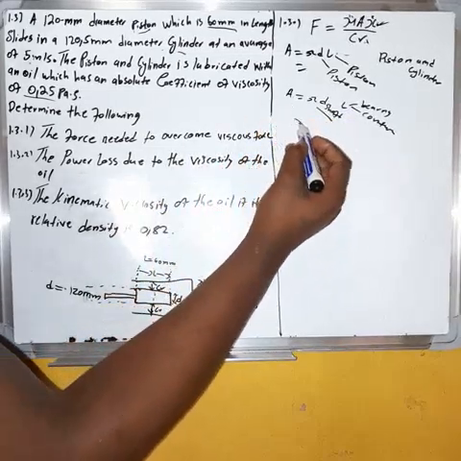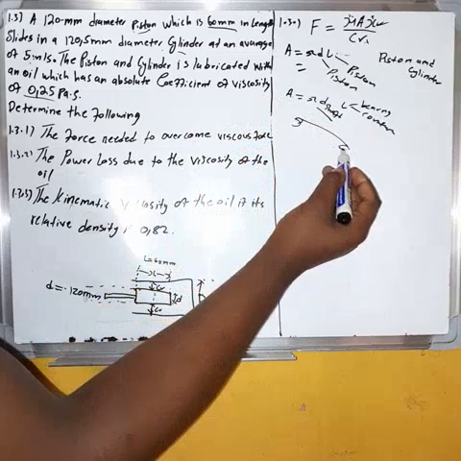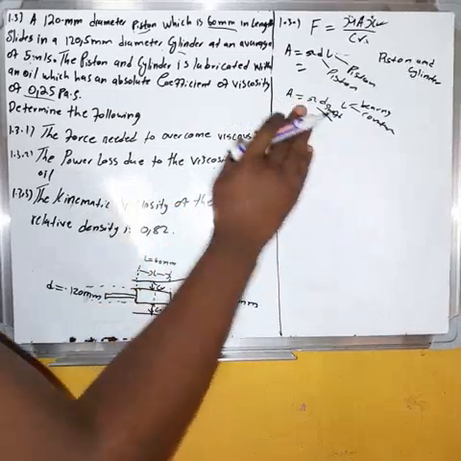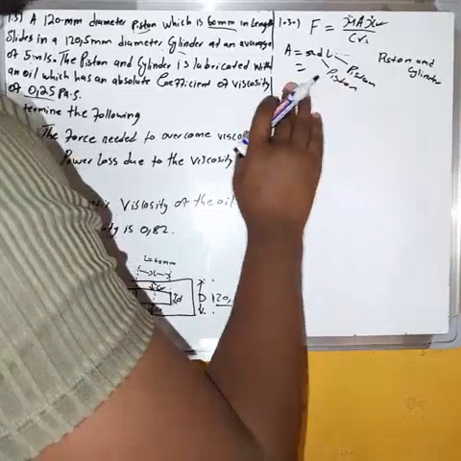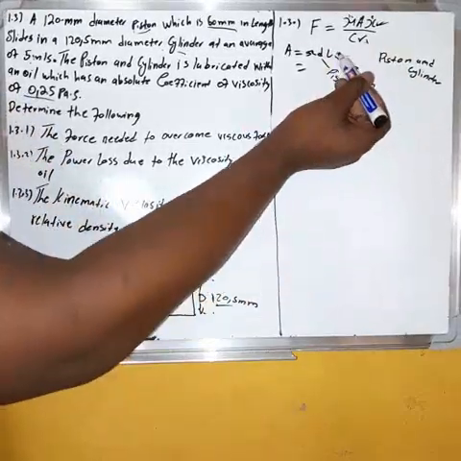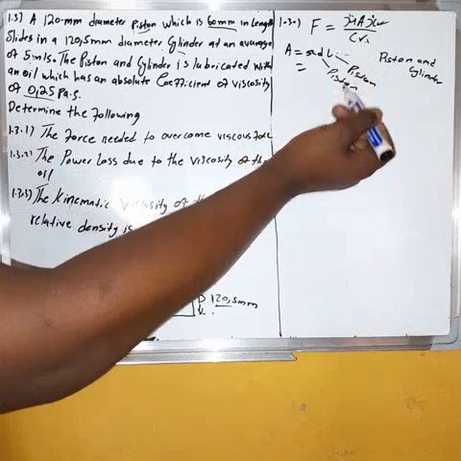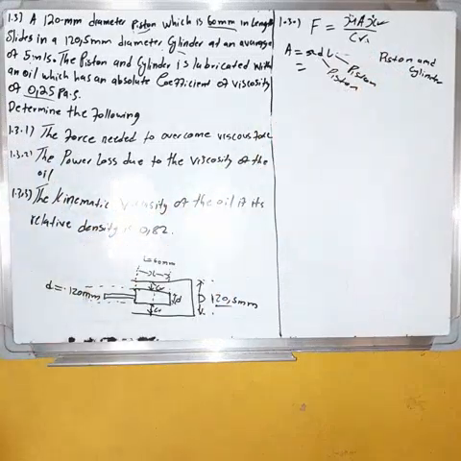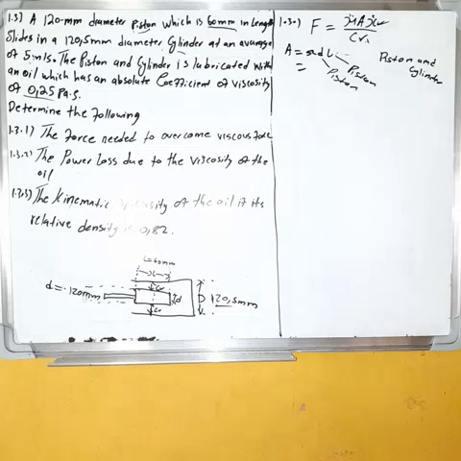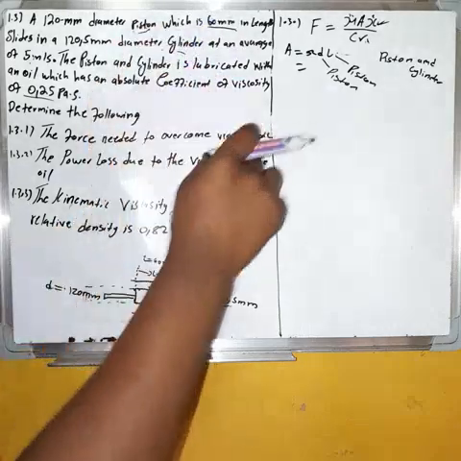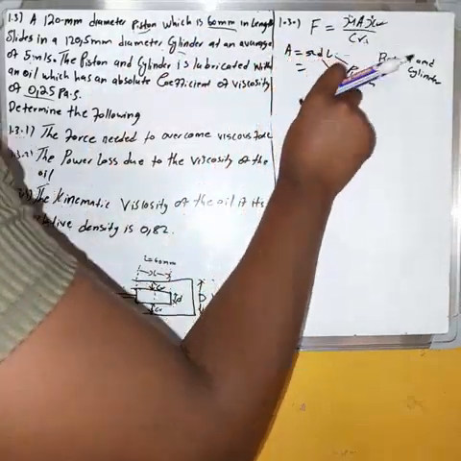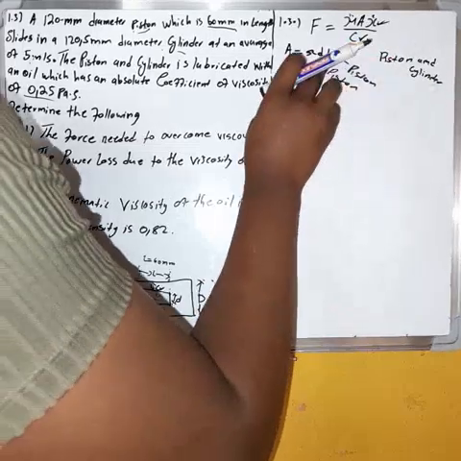Now we're given a piston and a cylinder, so it will be the length of the piston and the diameter of the piston. I hope, guys, you understood what I've said right now. Okay, now since we know it's supposed to be the diameter of the piston and the length of the piston,